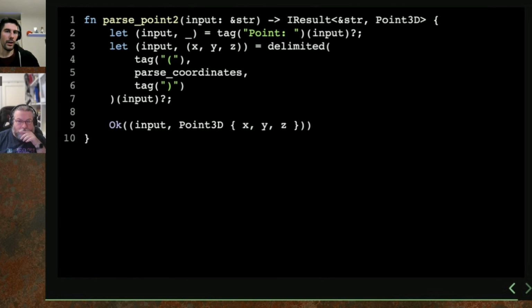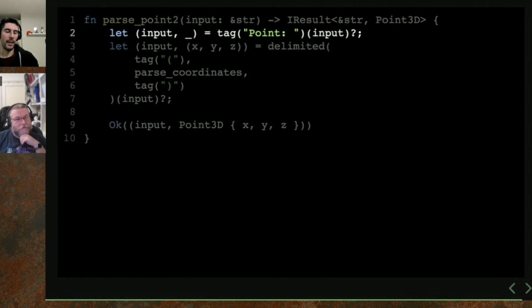Okay, moving on. How do you now implement parse point version 2? Initially, we can have a tag. Again, this is not very sophisticated. In reality, you might have different kinds of structures. Maybe point is just one of the many supported. We will probably see some examples in a bit, but maybe you can also have a square. So a more involved parser might parse for different things. And then depending on whether you see a point or a square, it might invoke different following parsers